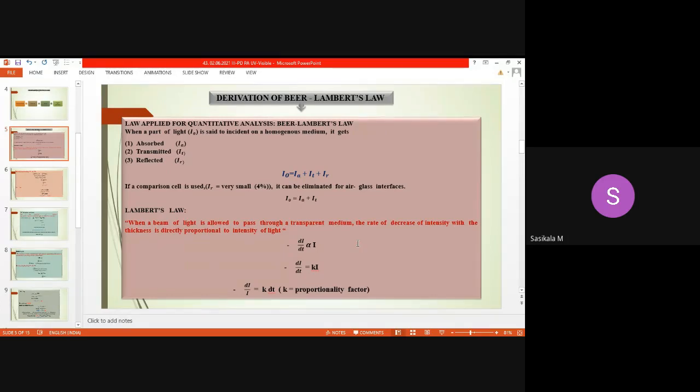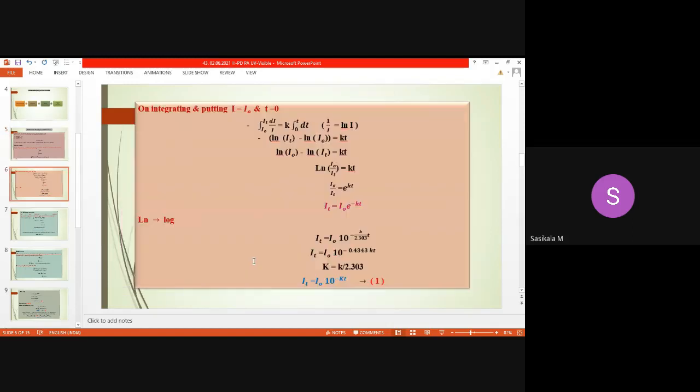Absorbed light, where is it taking place? Inside the sample cell, inside the cuvette. In the presence of absorbing species, absorption takes place. What is incident light? That is coming from the source. So transmitted light will be decreased when absorbance in the cuvette is increased. That's what the decrease in intensity says here. So that is representing IT. IT is what? Transmitted light. So the negative symbol with IT represents transmitted light.